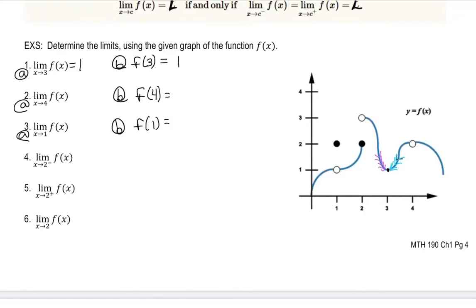In nice parts of the graph where it's continuous, we may have the point exist right where the limit exists. But that is not always going to be the case. So let's look at number 2, f of 4. If I went to 4 on this function, there's a big open circle there, and there's no point anywhere else. So back in your college algebra pre-calc days, you would have said, oh, well, that means that f of 4 does not exist. But again, if I was to ask you the limit question,